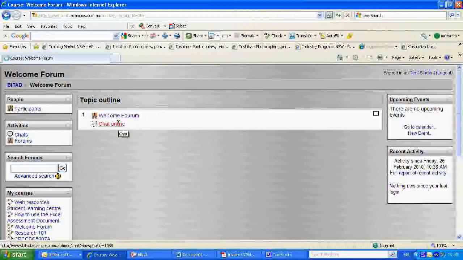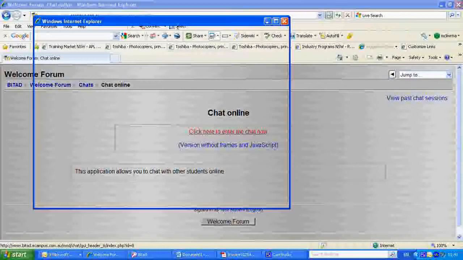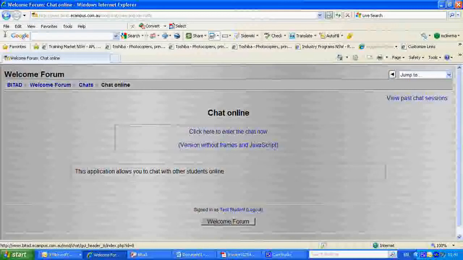And if you'd like to chat to any of your other students online, we do have a chat session here, but make sure that your pop-ups are enabled, otherwise you won't be able to use this. So make sure you enable your pop-ups from the top here. You can see here I can have a look who's online, and I can invite them to have a chat online, so you can do that as well. So to go back to my own home page, I just click this button again,